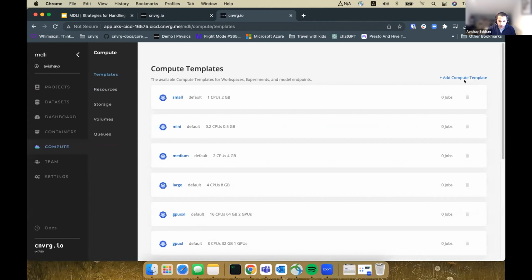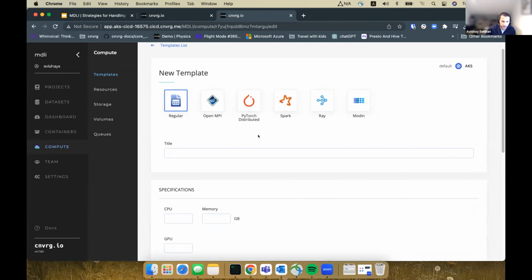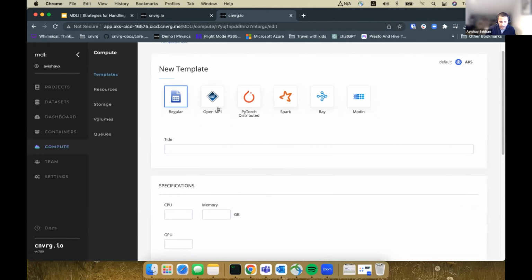The templates help me abstract away the hardware. And here, as you can see, Converge provides a bunch of technologies for distributed computation: OpenMPI, PyTorch distributed, Spark, Ray, and Modin. I'm going to choose Ray, and give it a name, Ray cluster.